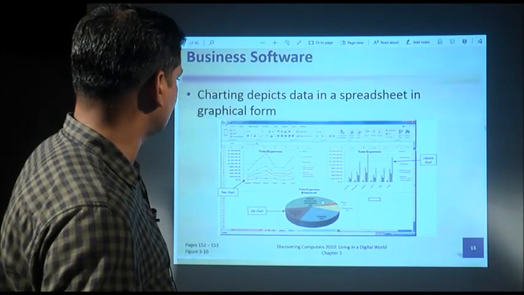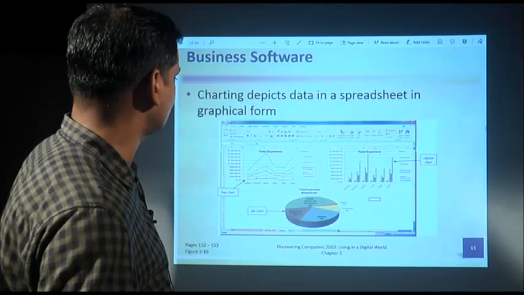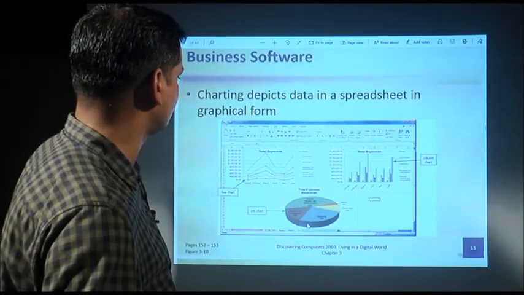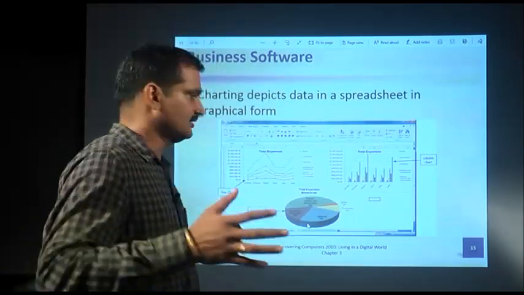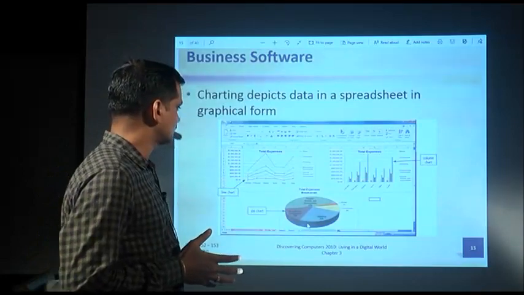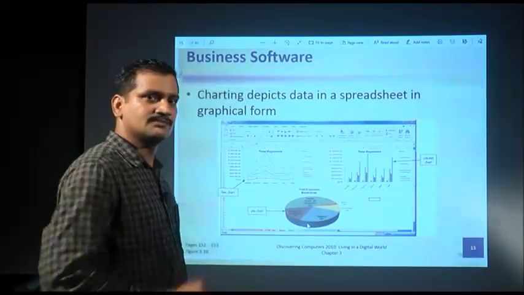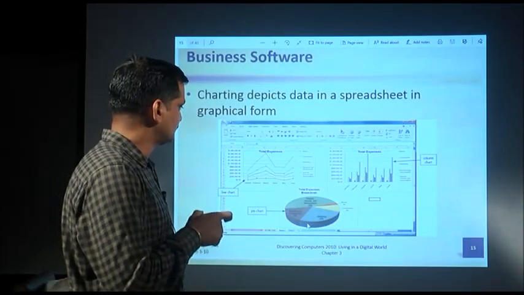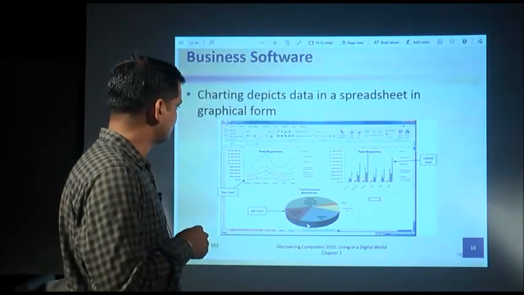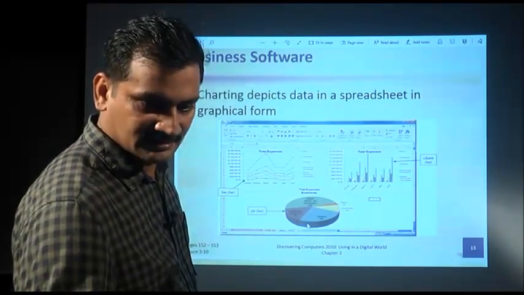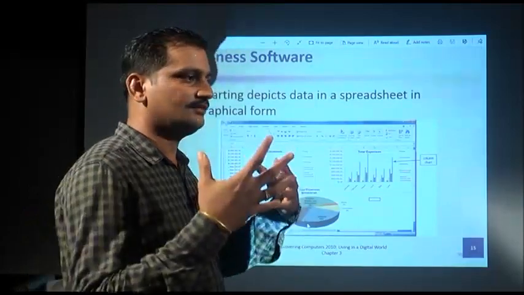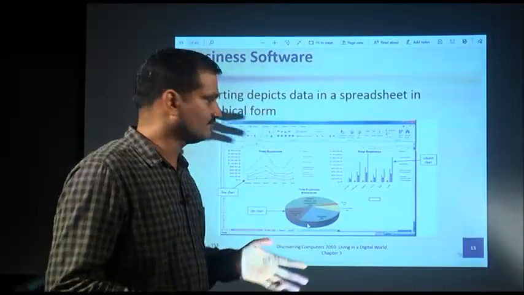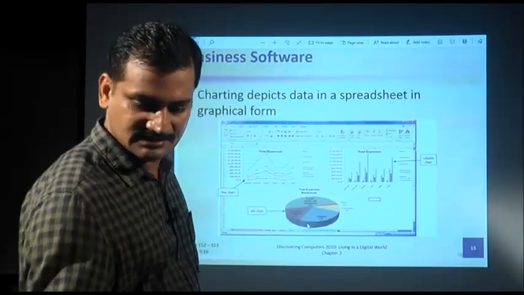Similarly, the same data is represented here in a pie chart. A pie chart is a circle divided into portions, divided into sectors according to the percentage of data it is going to represent. The circle is 100% and the amount of data represented is defined by a sector. So, data present in a spreadsheet application software can also be expressed in the form of pictures like this, that is called a chart.